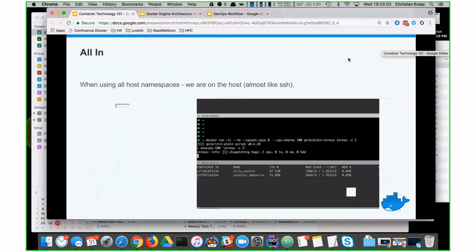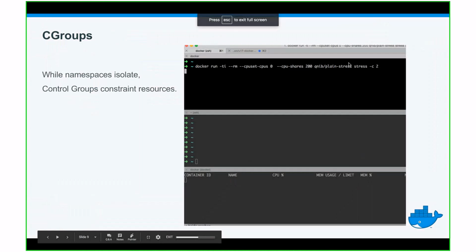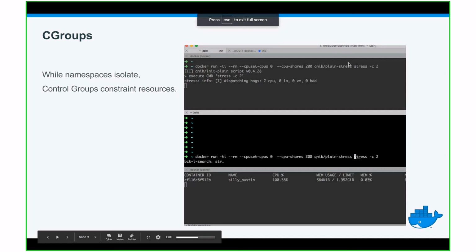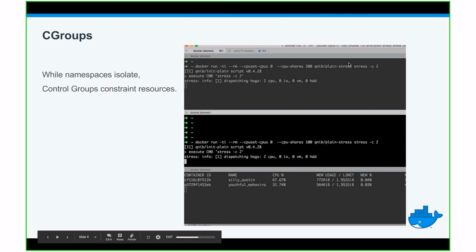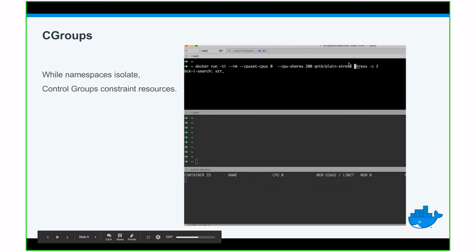So again, as I just said, cgroups are able to constrain resources. This example here has two containers, and I use two kinds of cgroup options here. I can pin a process group, so a container, which is a process group, to a certain CPU core.